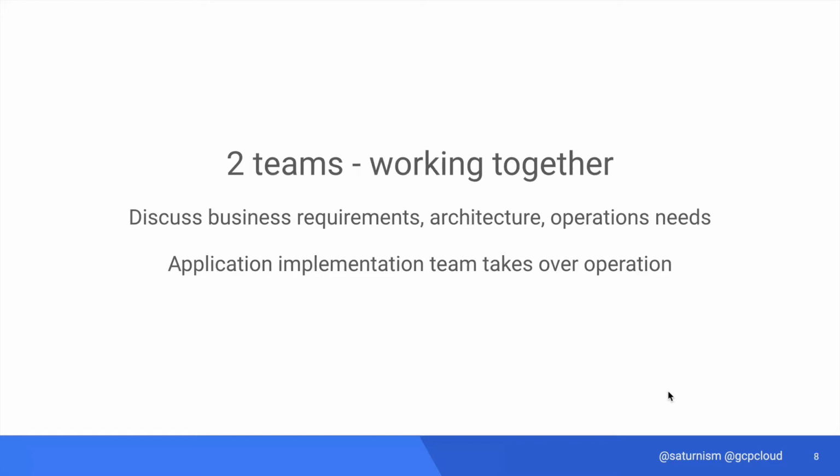But keep in mind, this is simply because the teams are very familiar with Google's internal technology, but there is just a lot to learn when it comes to the open source world and cloud. We needed to divide and conquer so each team can focus on a smaller set of problems to solve. Even though we have these two focuses, the teams actually operate as a single team. We discuss business requirements together, architecture needs together, and operational needs together. And ultimately, the application team will also be responsible for taking over the operation as well.